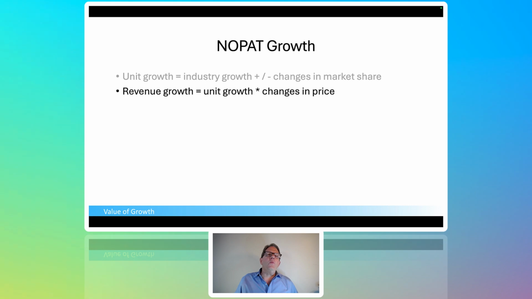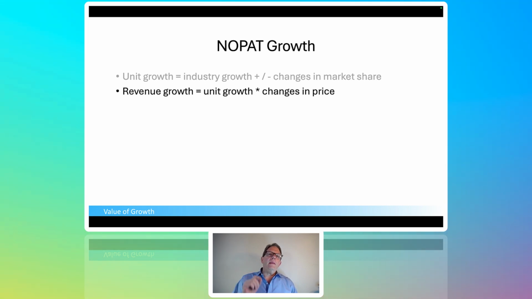All right, so now revenue growth is unit growth times changes in prices. Now, as I said moments ago, we could cheat for the last couple of decades. We had almost no changes in prices. A lot of deflationary pressures, deflationary product pressures over the last couple of decades. That's changed recently where pricing has been affected by inflation. Looks like inflation's coming back. We'll see what sort of economic policies actually get implemented by the new administration, but we do now have to think about prices in a way we never had before.